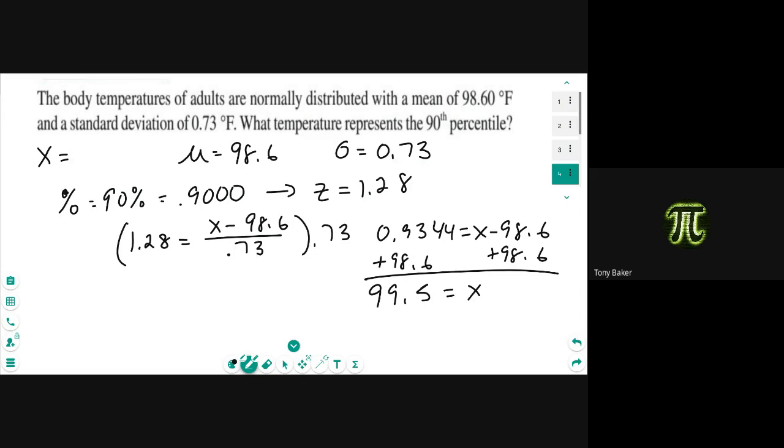So, anybody remember the horrible COVID years when everybody walked in, they had to scan your forehead? What number did they use to determine if you could come in or not? It was not 98.6. It was 100. Really? It was 100. If you were over 100, they would not let you come in. Okay, so